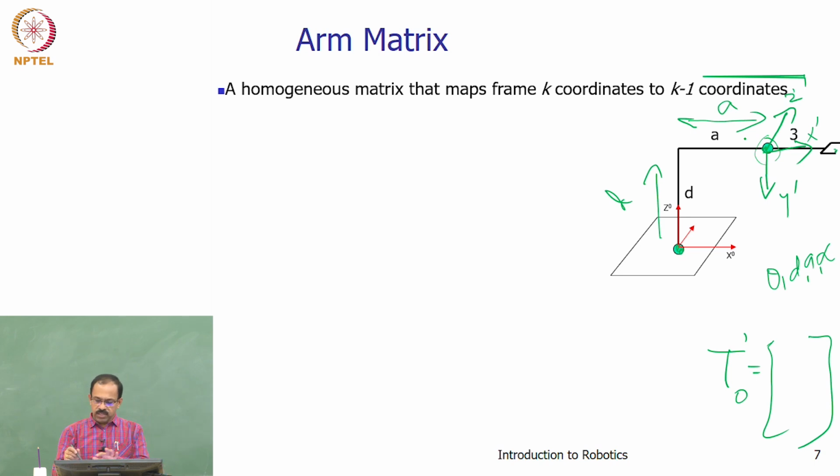I can say that this coordinate frame is obtained by one translation, then another translation, one rotation and another rotation, which will bring this coordinate frame completely to this point. So, if I have a coordinate frame here, I can get this coordinate frame. This coordinate frame can be obtained by four transformations. Four individual fundamental homogeneous transformations will take this coordinate frame to this coordinate frame. And therefore, I can say that,